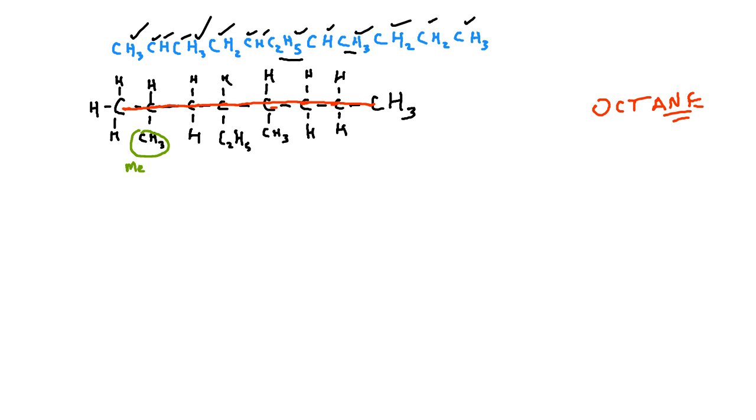C2H5 is ethyl. And here's methyl. So let's see, if I count 1, 2, 3, 4, 5, 6, 7, 8, and 1, 2, 3, 4, 5. All right, so I think I have to count left to right. So it's carbon 1, carbon 2, carbon 3, carbon 4, carbon 5. Okay, so it looks like a 4-ethyl,